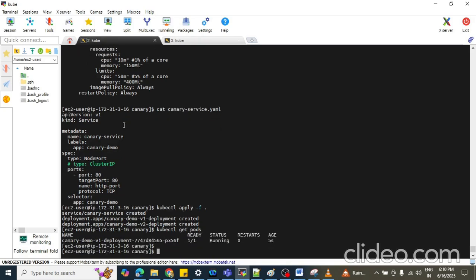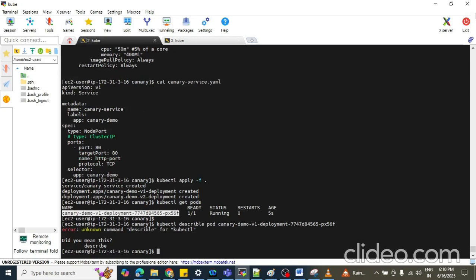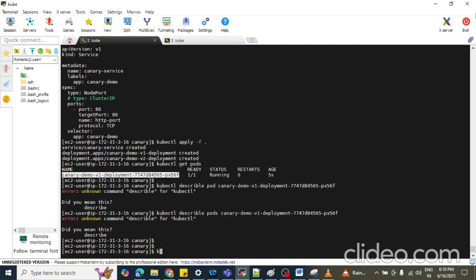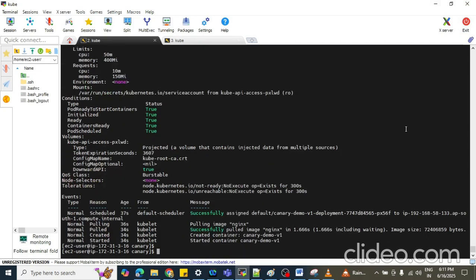Now kubectl describe pod and then the pod name. So now you can see this nginx pod is currently running.